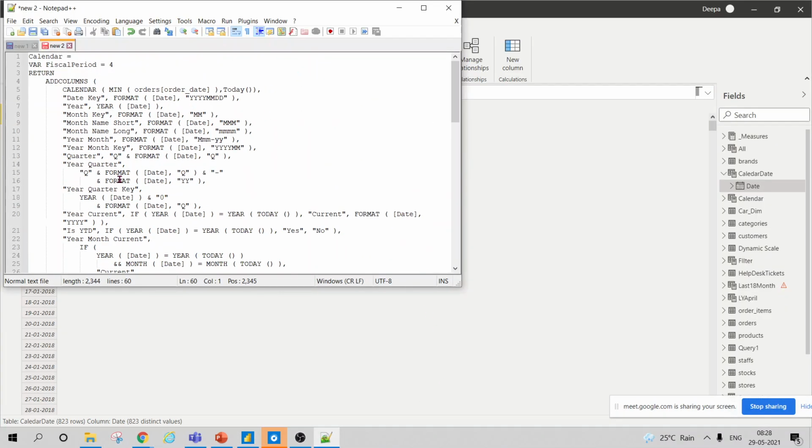So I have performed certain calculations. First I'll use add columns and then I will do this. This is my first one to use.